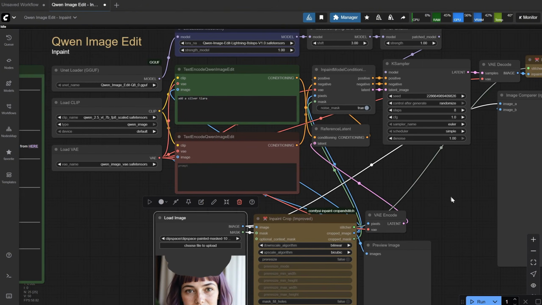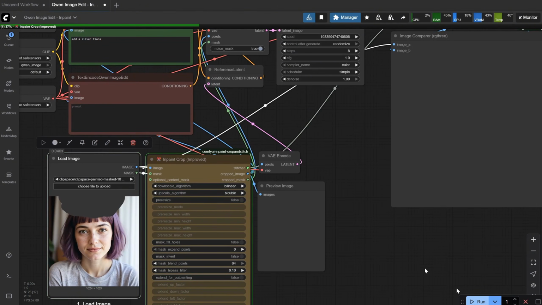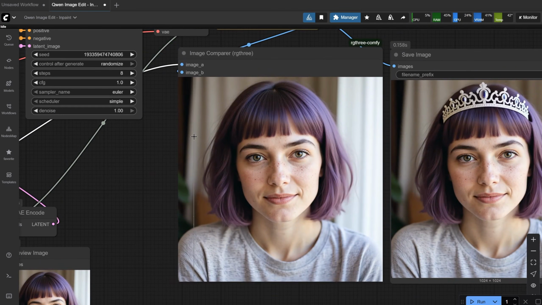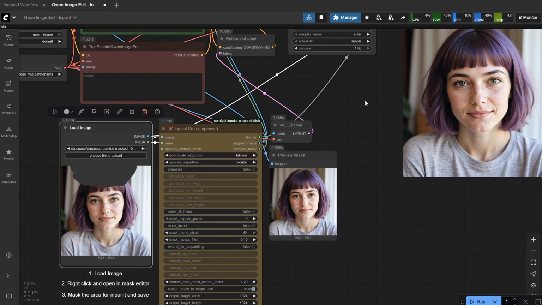In this case, I want to add a silver tiara. If I run the workflow, I will get a generation with the woman with a tiara, but if we check, the original image is there and only the Inpaint area is changed, so I have exactly the same face. This inpainting method is good to change, add, or remove things as long as the pose stays consistent so it